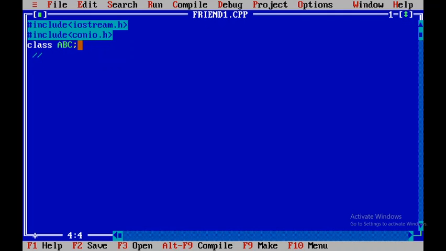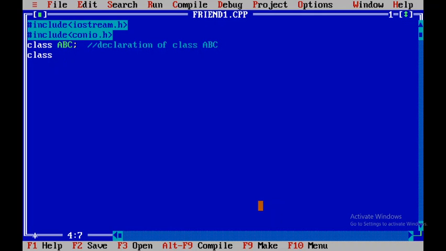This is nothing but a declaration of class ABC. Later we will define this class. Just like declaring a function prototype, we can declare a class also like this.